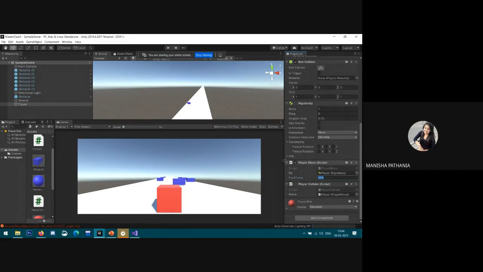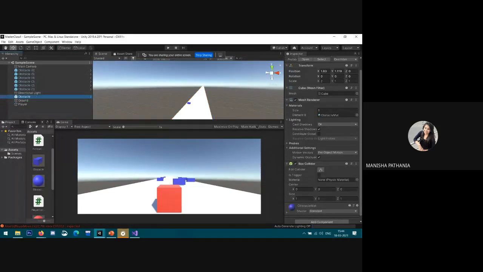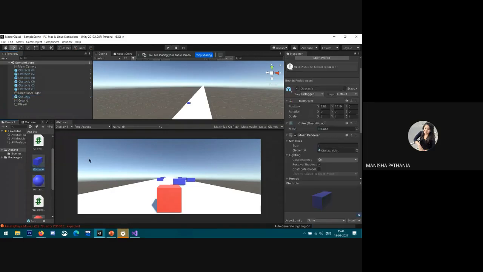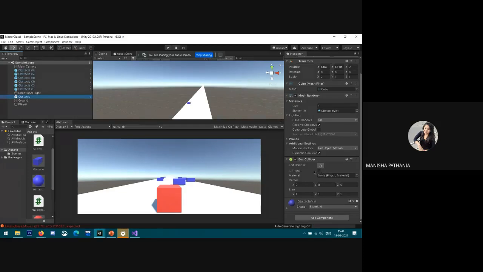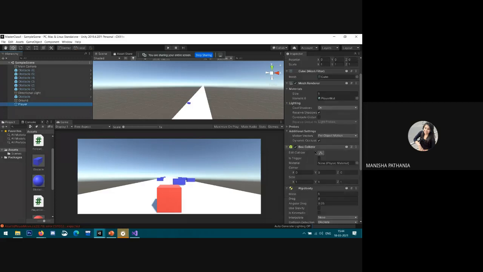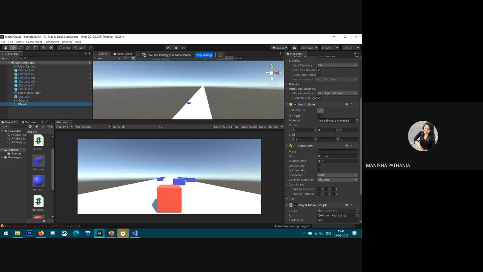So next step is go to the player, and then after that, in obstacle, go to the player, then here is a rigid body and here is a function called drag.